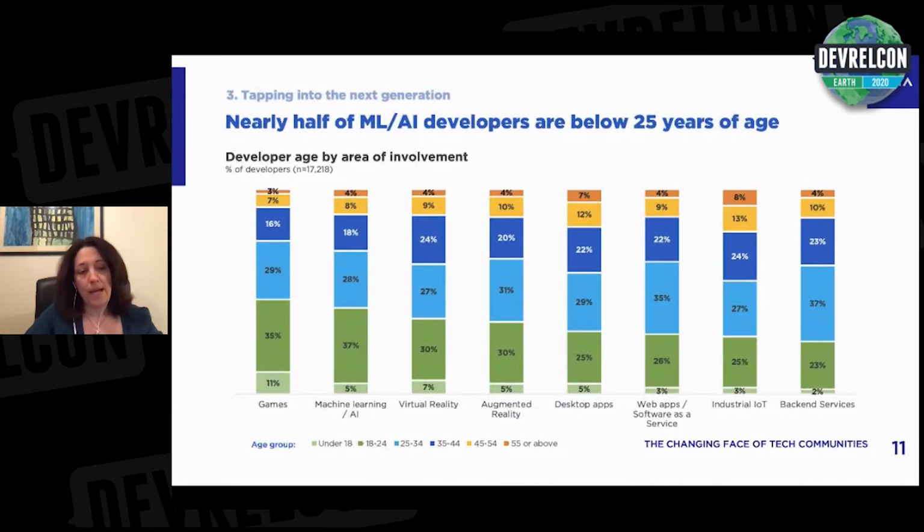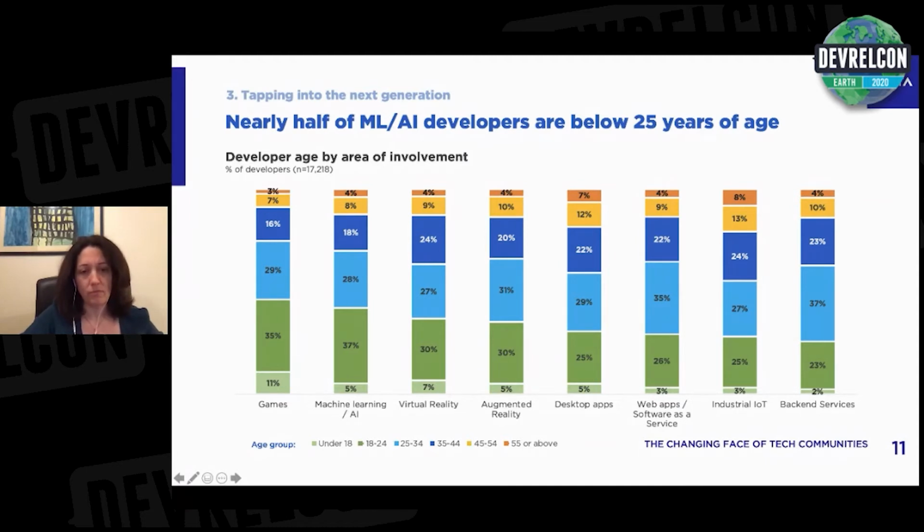Now, another way in which you would like to see how an ecosystem is evolving is who is coming into it. So there are two things I want to discuss on this topic. One is the young coming into the ecosystem, so the next generation of developers, and then we'll discuss non-developers. So first, the next generation. First of all, right now, 30%, so nearly 1 in 3 developers currently are under the age of 25. Okay, so you need to know what they're into, what they're interested in,